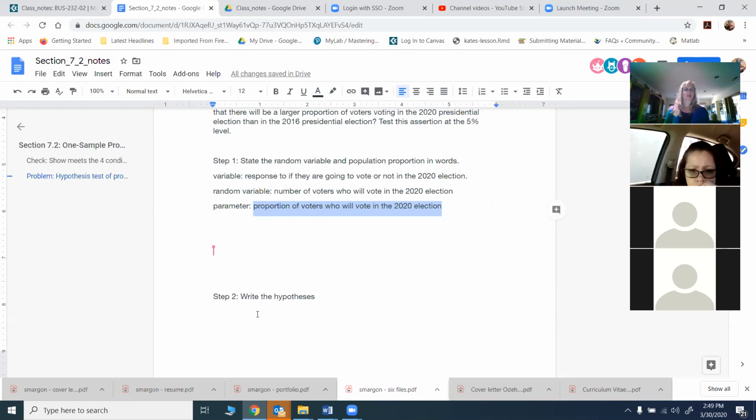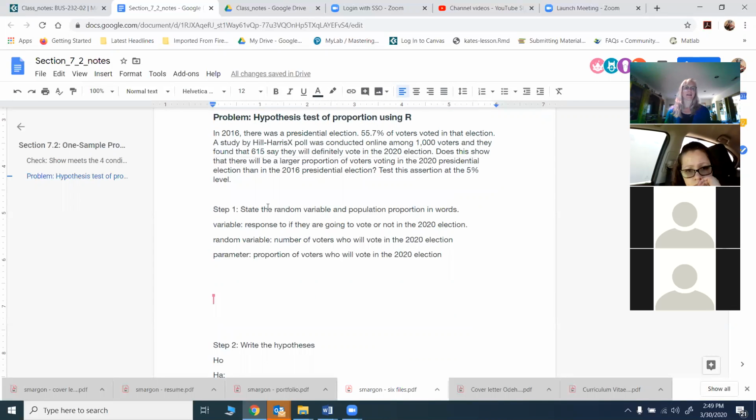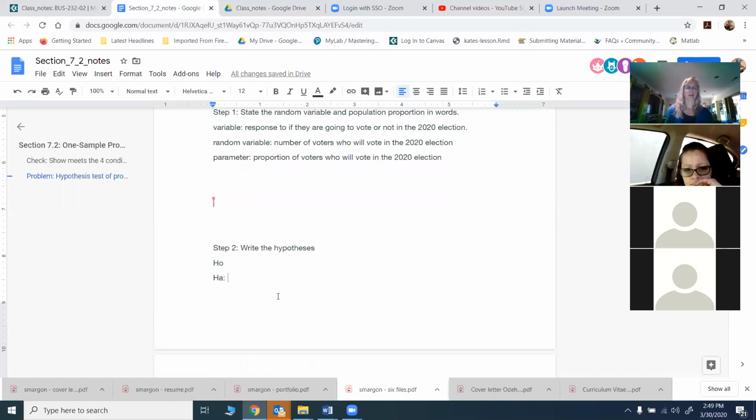All right, so now we're going to write our hypotheses. And even though H0 is usually the one we write first, I'm going to start with HA, because HA is what I really care about. So what am I saying about this proportion of voters who vote in the 2020 election? It'll be higher than the proportion of voters that voted in the 2016 election. Okay, so I can actually write that. The proportion of voters who will vote in the 2020 election